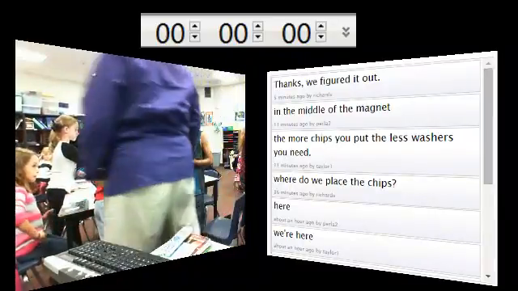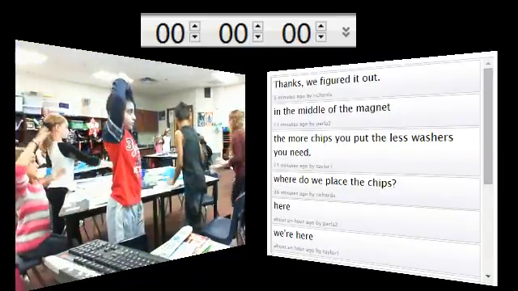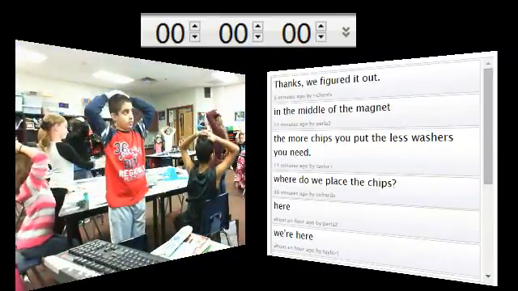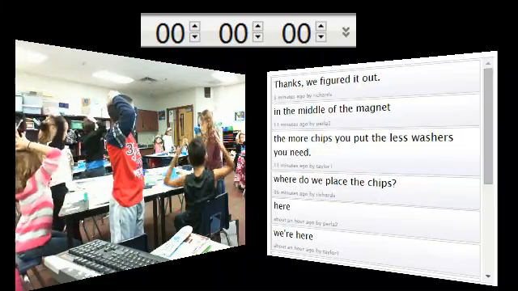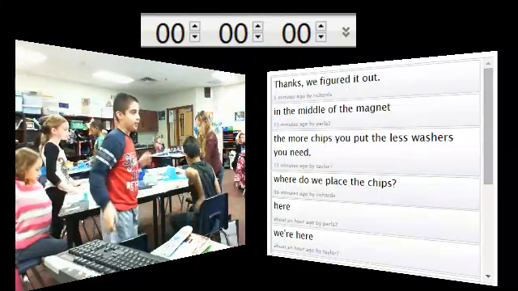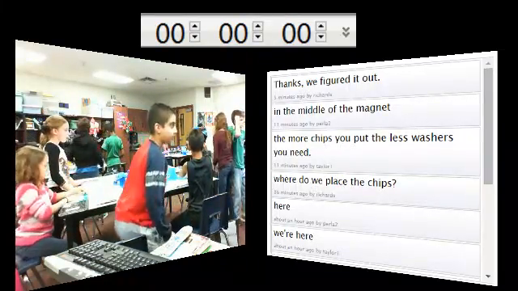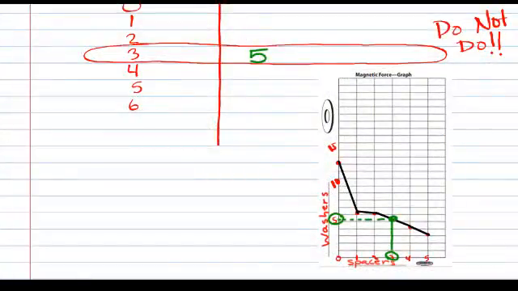Alright, ladies and gentlemen, hands on your heads. 5, 4, 3, 2, 1. Alright, we're going to be finished right now. So, here's what I want you to do. After you have finished and you've made your graph, and you've looked at your graph, and you've made your prediction, and you've tested your prediction